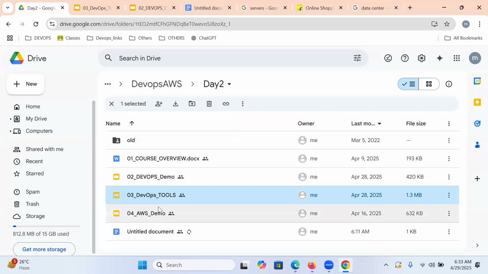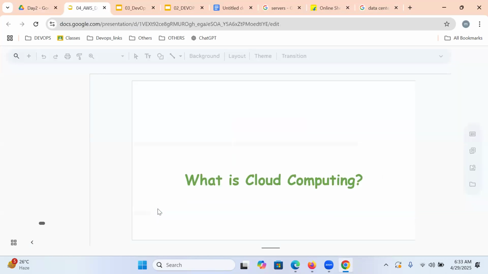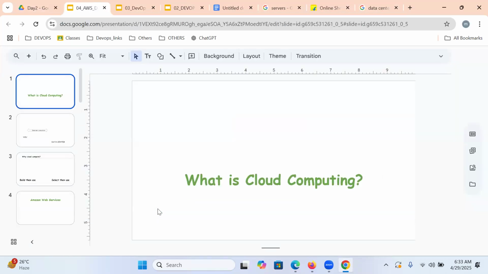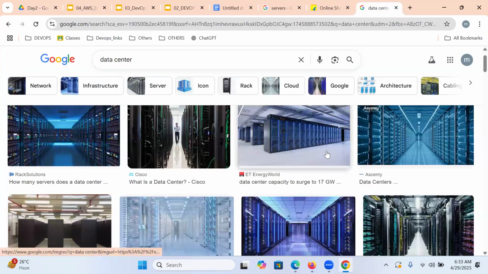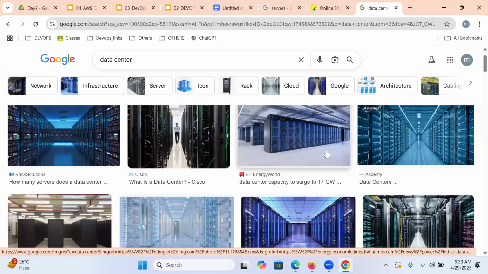Let us understand what exactly cloud computing is. Listen. So what is a data center, guys, please? As we discussed right now, the huge computing power kept rack-wise in a big room, we call as a data center. These data centers are located in different geographical locations, maybe in Singapore, in UK, in Mumbai, in Hyderabad. In so many places these data centers are located.